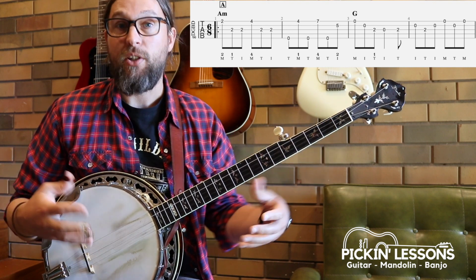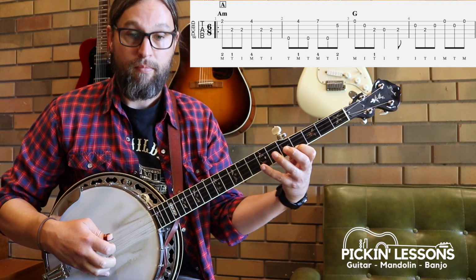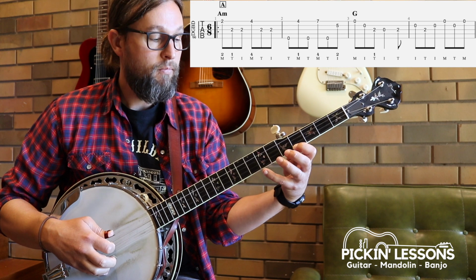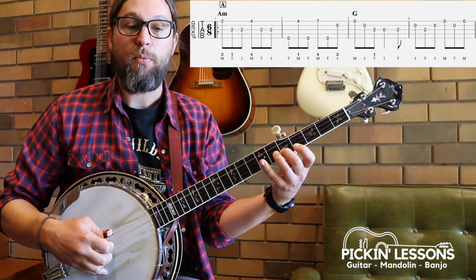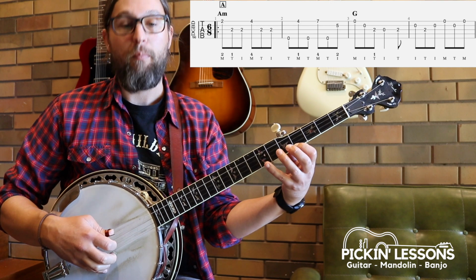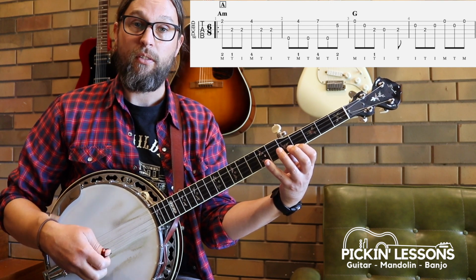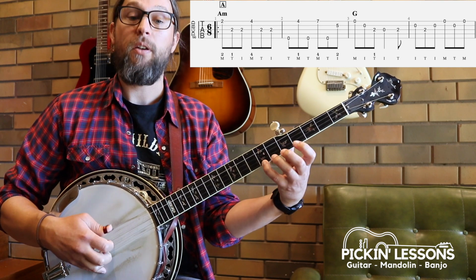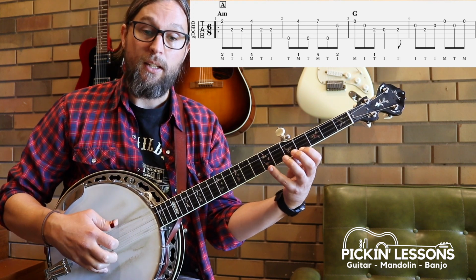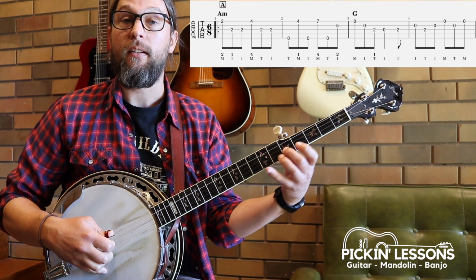Then moving to the second measure, very melodic. So to cover this one here, really get a nice stretch between your first and your 4th fingers. Thumb, middle, thumb for the first 3 notes. Middle, thumb, index for the next 3 notes. 1 and 2 and